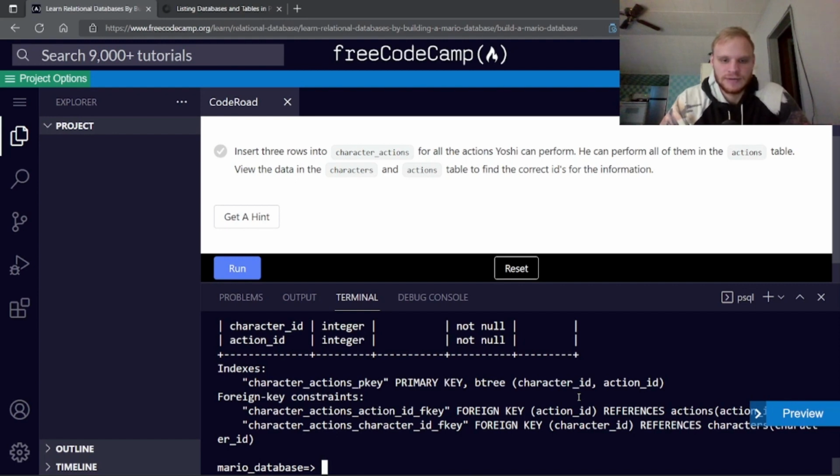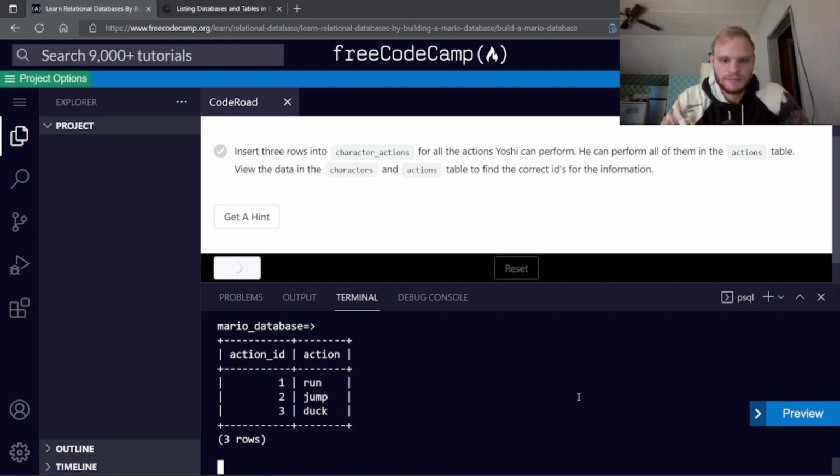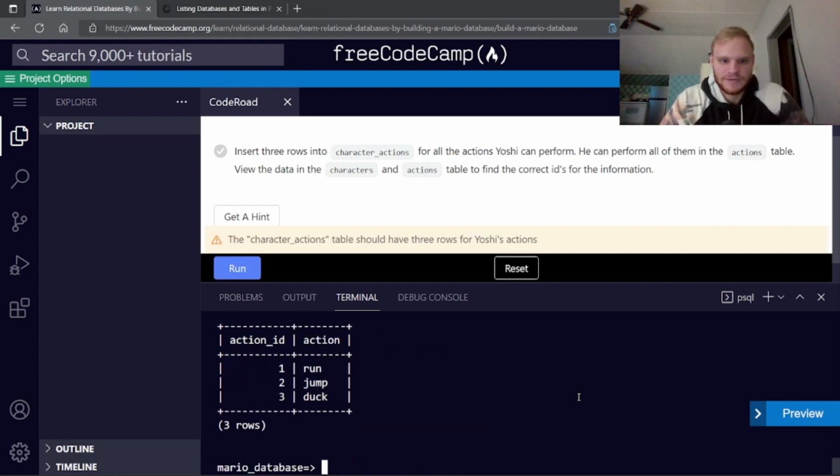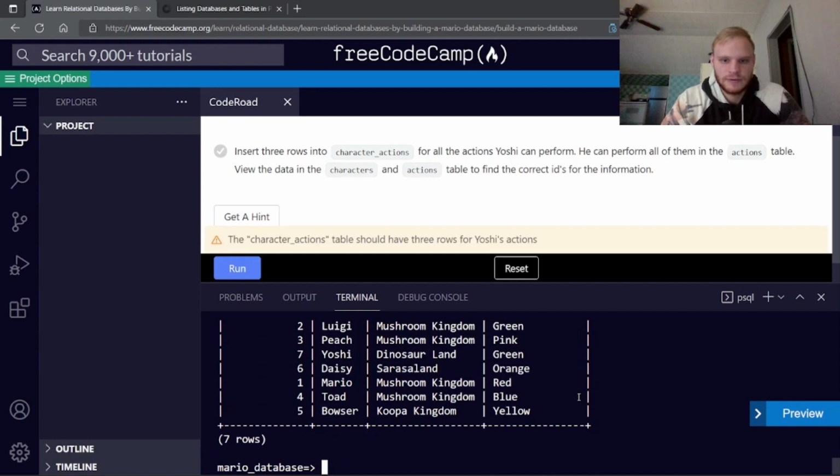Okay, so I need to insert, but let's first select all from actions. And let's also select all from characters. All right, so now we need to do insert into character actions, we need the character ID,